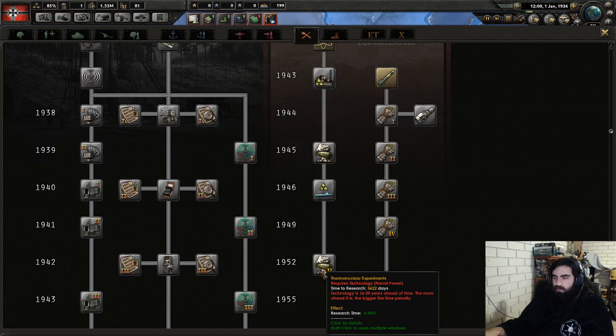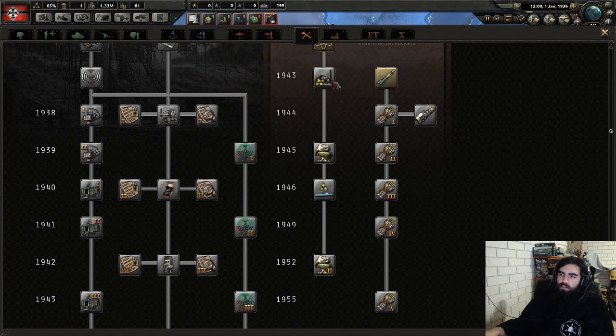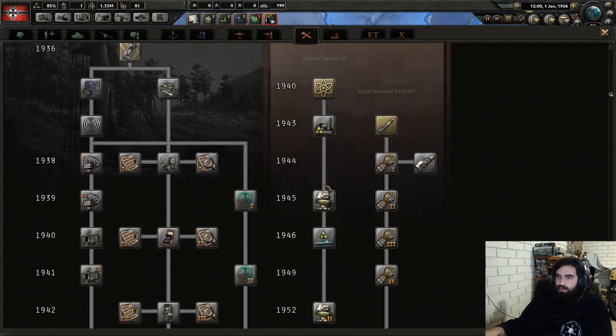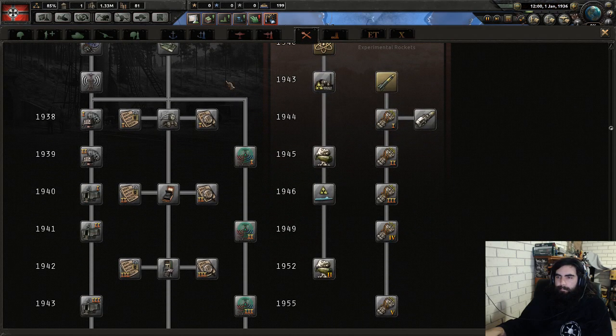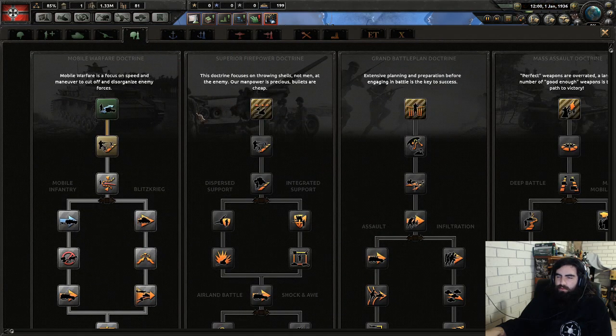Thermonuclear experiments. Pretty sure basically means... yes, they use fission instead of the atomic ones, so you go the next stage bigger, like Cold War nukes. So we do that, and we'll also go down this...